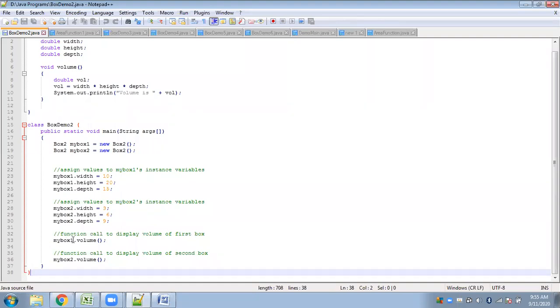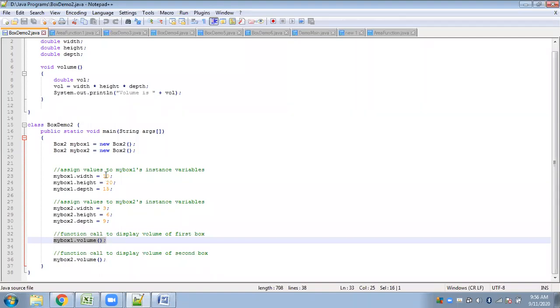So for box 1, this is my box1 dot volume. On execution of this statement, automatically the control will be transferred here, and based on the values given, the volume will be calculated. Once the function is done executing, the control will come back to the next statement of the main function.